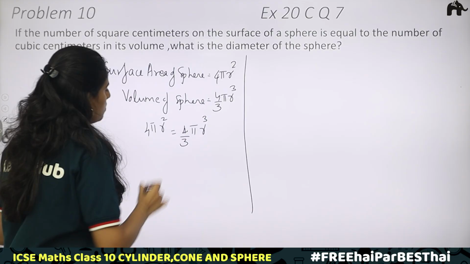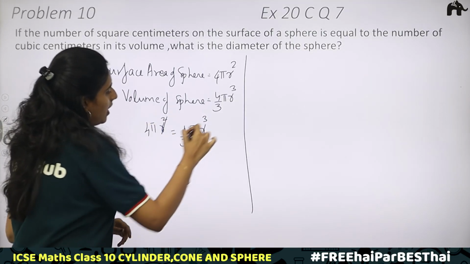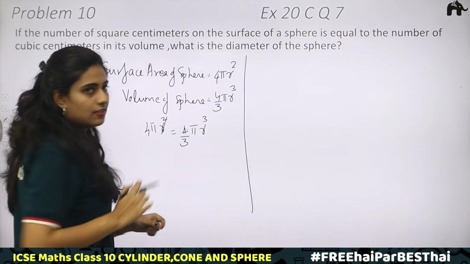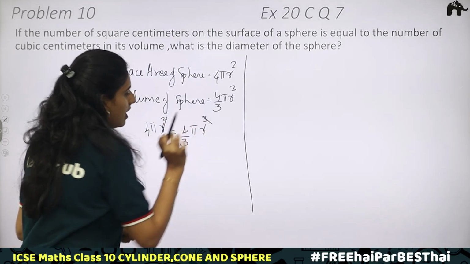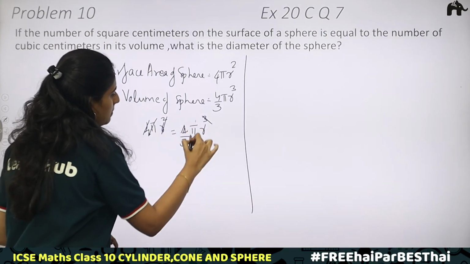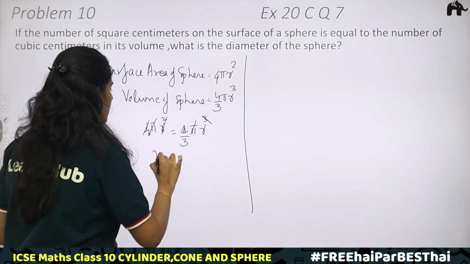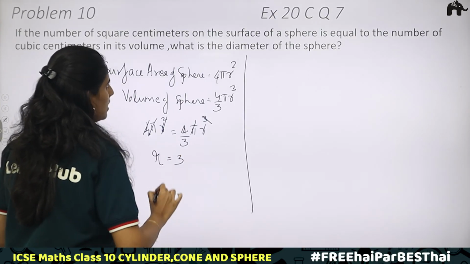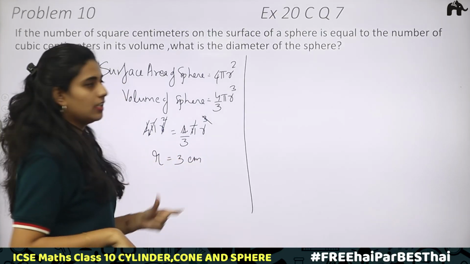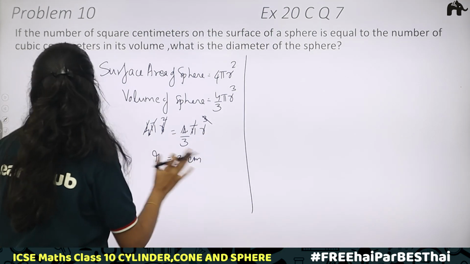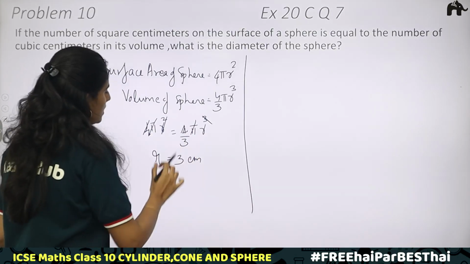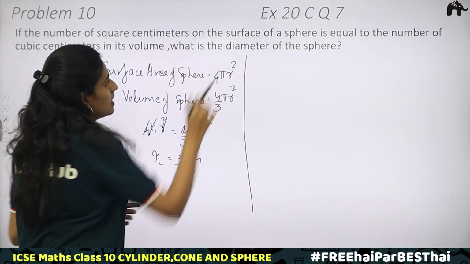Now, r square and r cube we have here. R square can be cancelled from r cube. Then the remaining will be r. 4 gets cancelled. Pi gets cancelled. Then we have r is equal to 3 centimeters. The unit we are giving is centimeters. Radius is 3 centimeters. Next, we need to find the diameter, because in the question we are asked to find